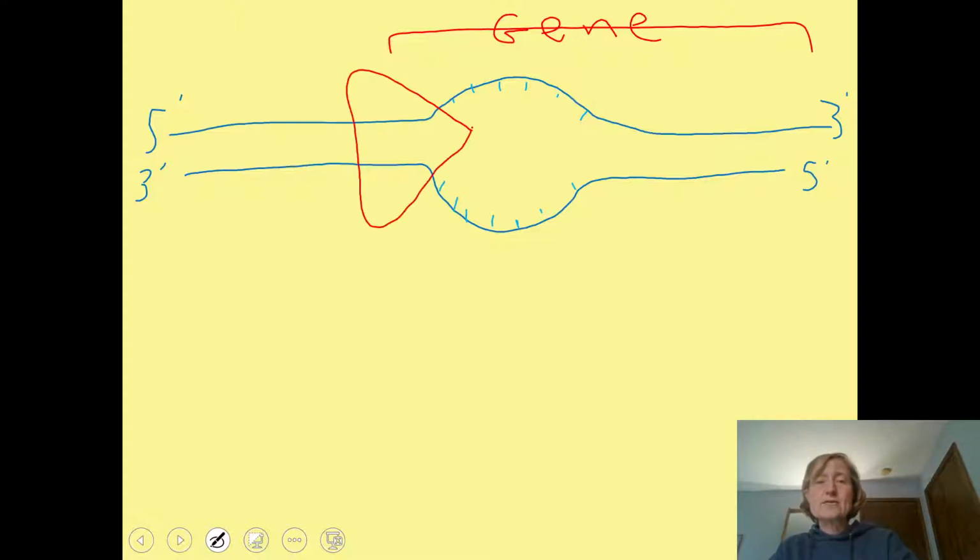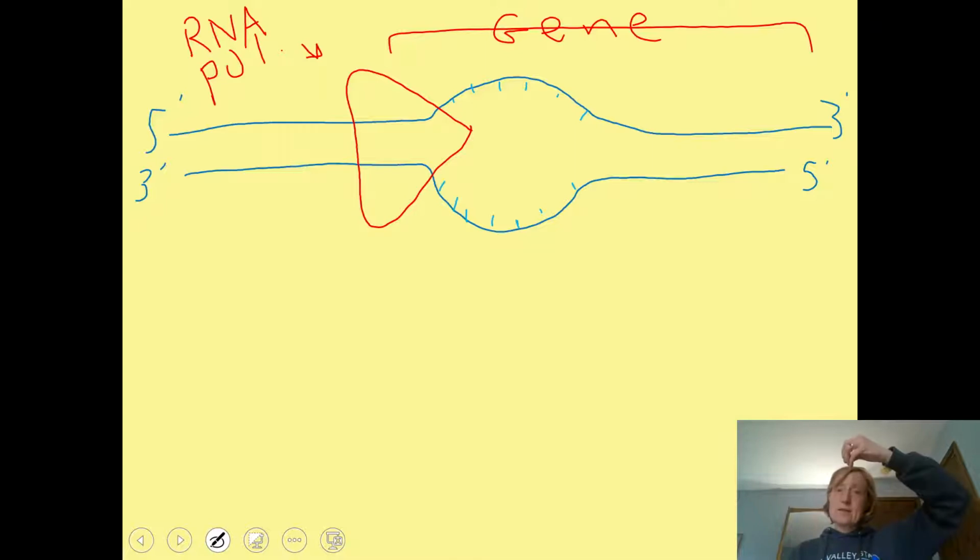I'm going to draw it as a funny shaped triangle. That's RNA polymerase. I'm just going to write RNA pol. RNA polymerase recognizes the gene and binds to it and unwinds the double-stranded DNA. That's the first thing it has to do, so that it can transcribe the gene, right? So it partially unwinds the double-stranded DNA,